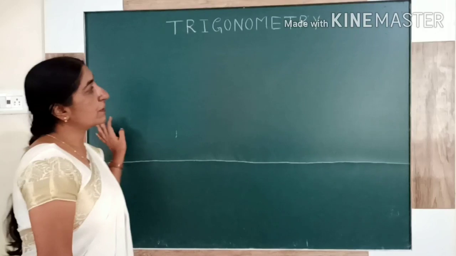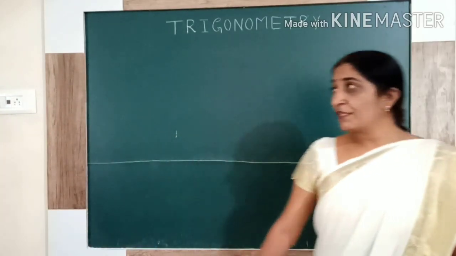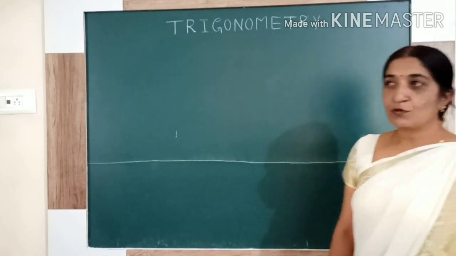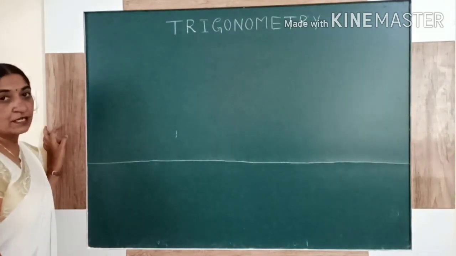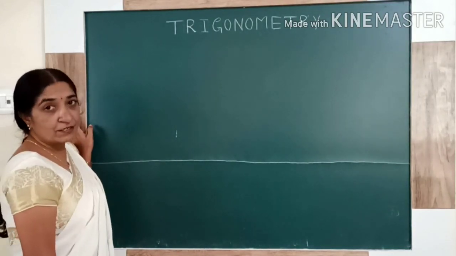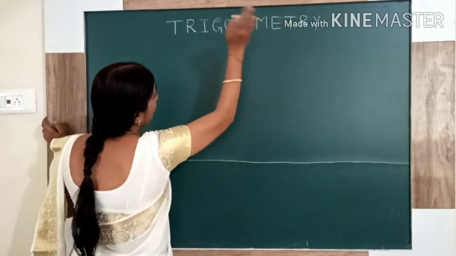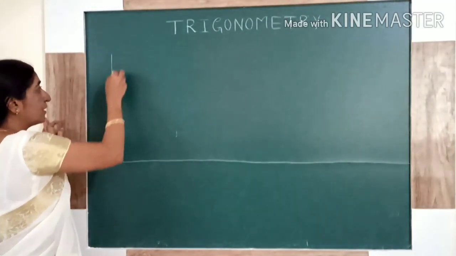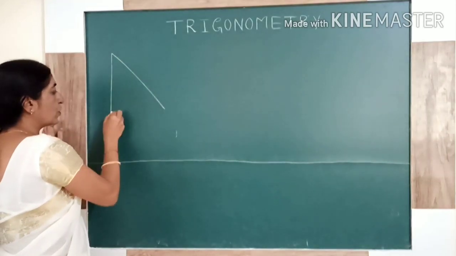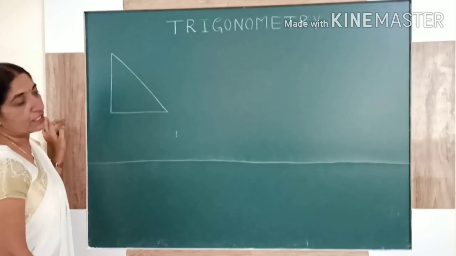So I will start with the basics. In the basics, always the students have the problem with trigonometry. So to make it easy, I will give you hints how to study trigonometry. Before that, just list the formula of that. Whenever you hear the word trigonometry, in your mind automatically you get a right angle triangle. Tell me why right angle triangle? Because all the 6 trigonometry functions are defined in a right angle triangle.